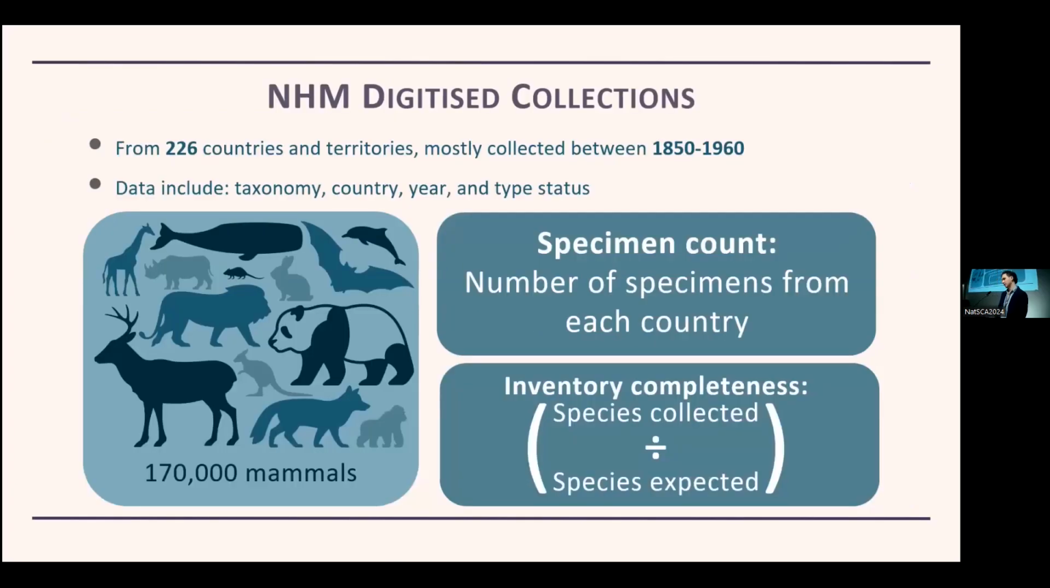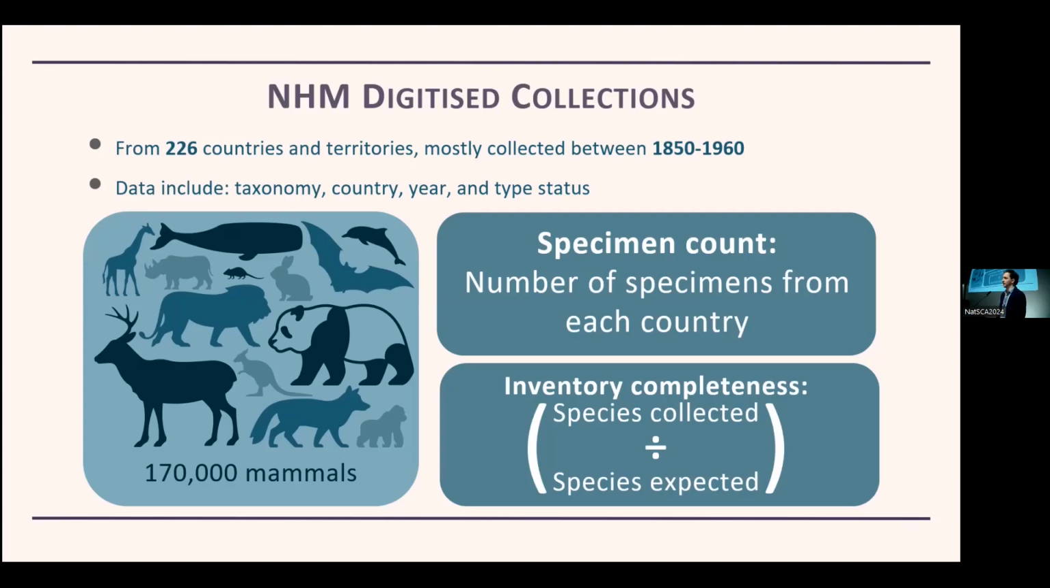At the time of download in 2021, all of the specimen data for mammals with geographical details came from 226 countries, and was mostly collected between 1850 and 1960. To measure sampling effort, I counted the number of specimens from each country for each year, and to account for